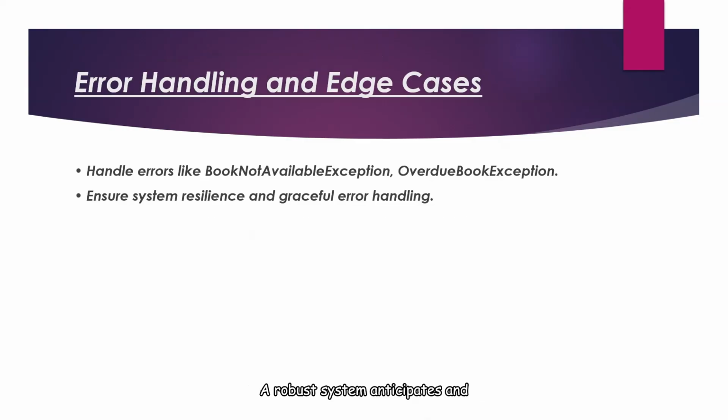A robust system anticipates and gracefully handles errors. What happens if a user tries to borrow a book that's already checked out or returns a book past the due date? We will design specific exceptions such as BookNotAvailableException for borrowing errors and OverdueFineException